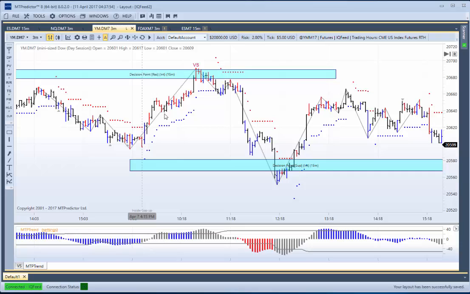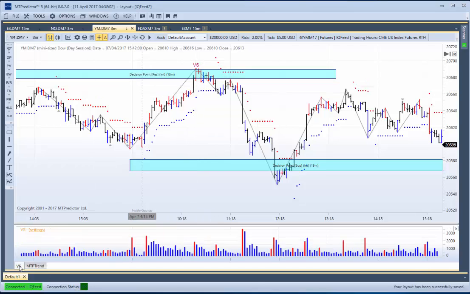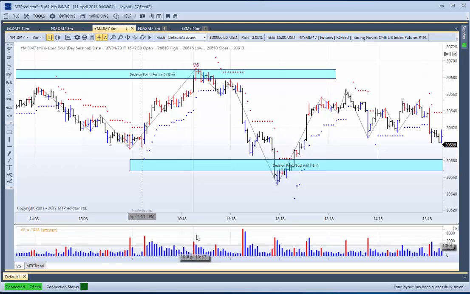Can you see how the market on the YM rallied up right into our 15-minute DP? If I put the cursor on, we then had a VS sell setup come in here. VS sell setup is where we have a high volume spike on a bar that goes through a previous important swing pivot high. The market then fails to follow through and reverses at our DP resistance area, and this tells us that professionals are now entering the market on the short side, in other words faking out the amateurs, and